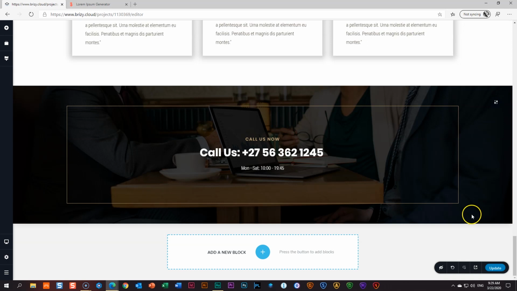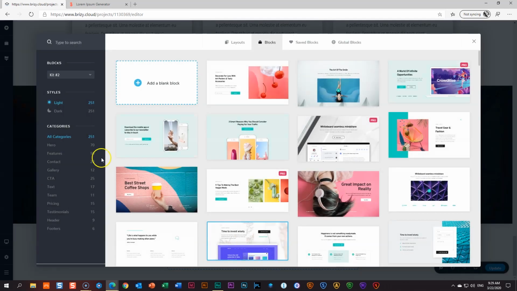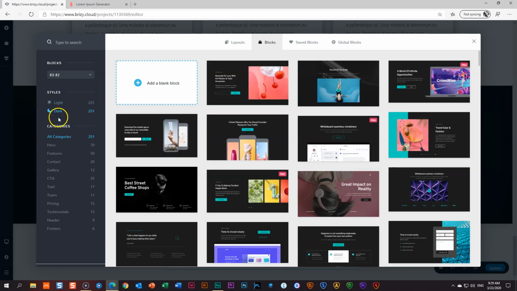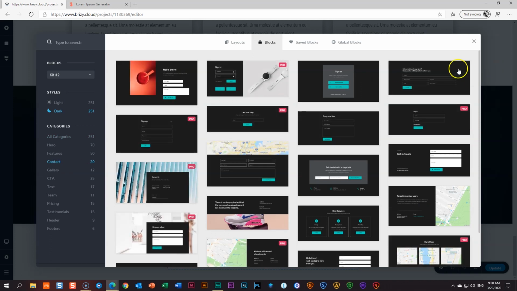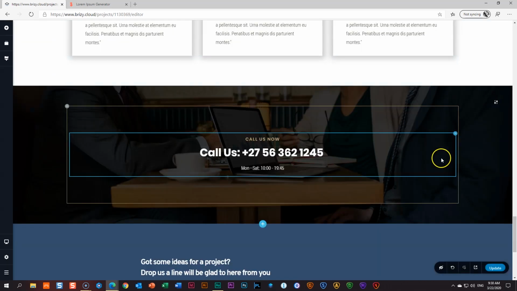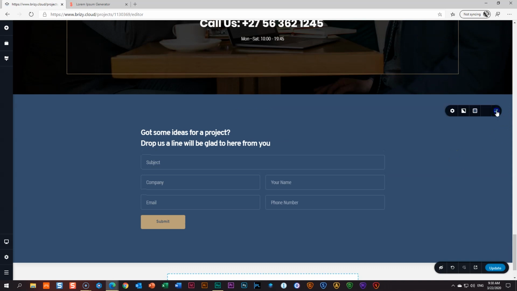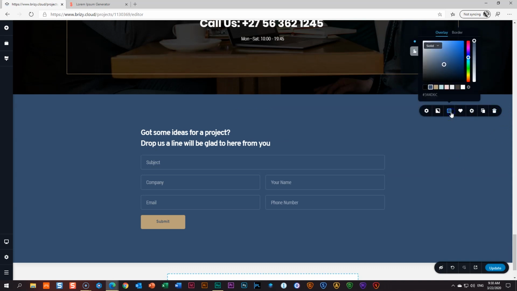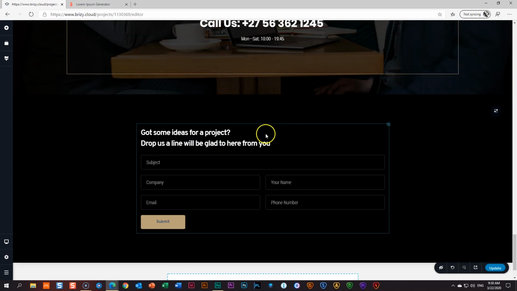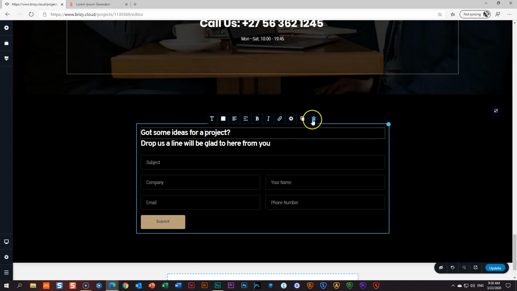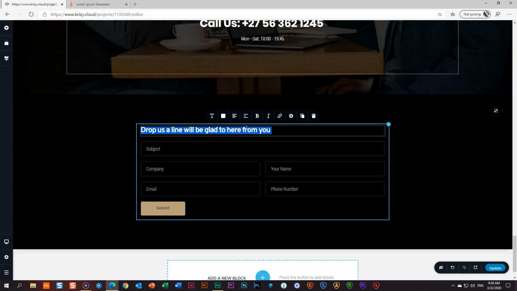And with the form we're going to cheat again. We're going to say add a new block, and we go to the blocks that's already here with kit 2. So if you don't see kit 2, make sure you don't have kit 1 selected. Kit 2, click on dark, and then go over here under categories to contact. And I use this one over here. Click on that. And what we're going to do is change the background color to this one. Go up here, delete one of these, select the rest, and then